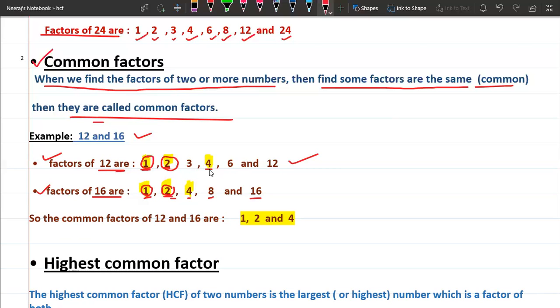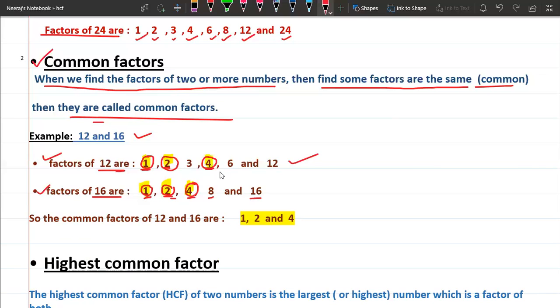So 4 is a factor of 12, as 12 is divisible by 4, because 4 3s are 12, so 4 is a factor of 12. So 4 is present in 12, 4 is present in 16, so it is present in both the numbers, so